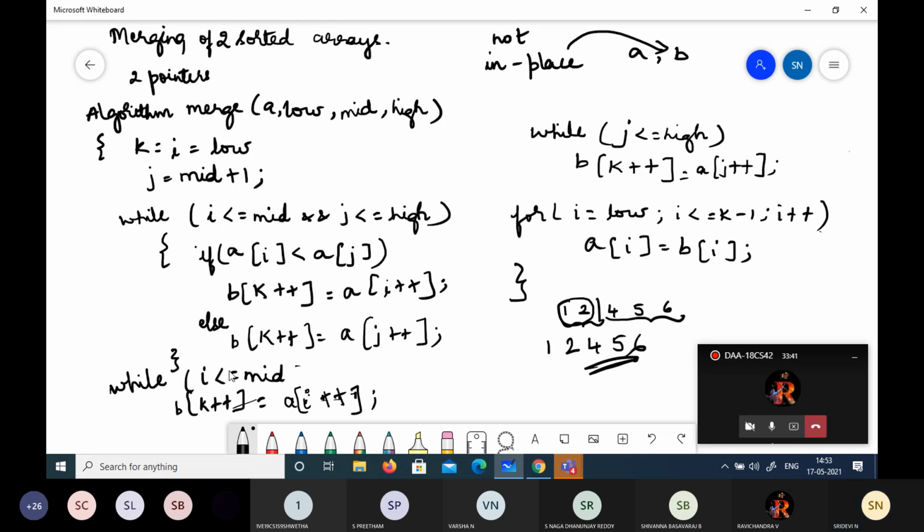And on the other hand, if the elements are more in the other half, suppose the situation is like this.